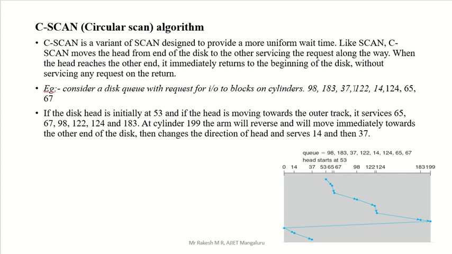This is given randomly, but we have to arrange it in order. So 122, 124, 183, we are serving those. Once it reaches 183, that is actually the last request, but we can't stop there. What is our job? We have to move till the dead end. What is the dead end? 199. Once it reaches the dead end, we have to reverse our direction, then directly come to 0. There is no servicing required in between.